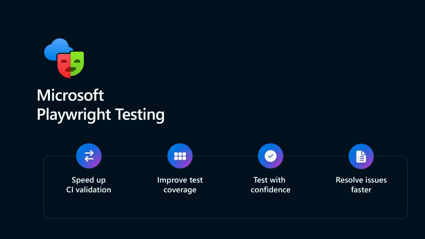Microsoft Playwright Testing is a service that extends the Playwright open source framework. It enables Playwright tests to be run on browsers that are hosted on the cloud and offers rich reporting. Imagine a scenario where your team is running tests on every build pipeline or on every PR. While nobody is waiting for these build pipelines, if a PR takes time, it really slows down development. This service helps expedite those PR runs and gives the results faster.